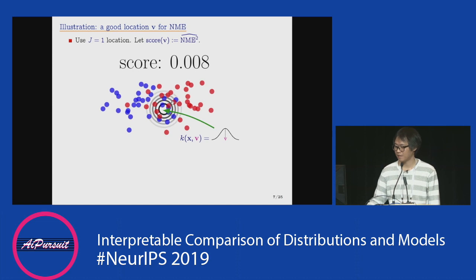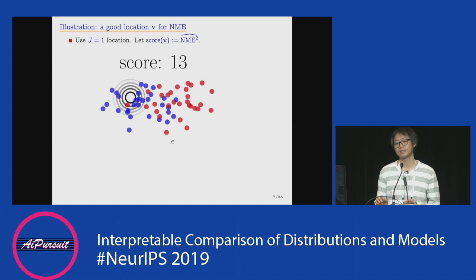For example, if I evaluate here in the middle, I get a score close to 0. So 0 means it's not really distinguishable, right? Because blue and red points highly overlap in the middle. But if I evaluate the score here, it's slightly higher. Here is even higher, and in fact, the highest point is here